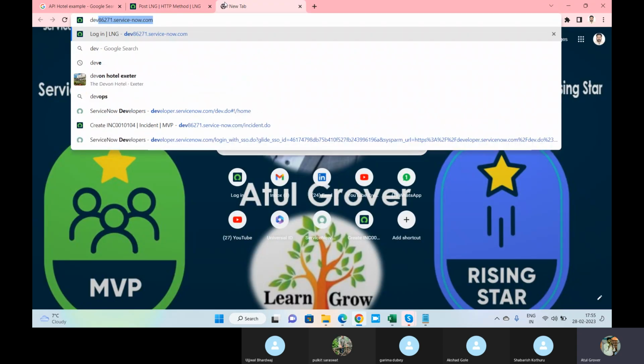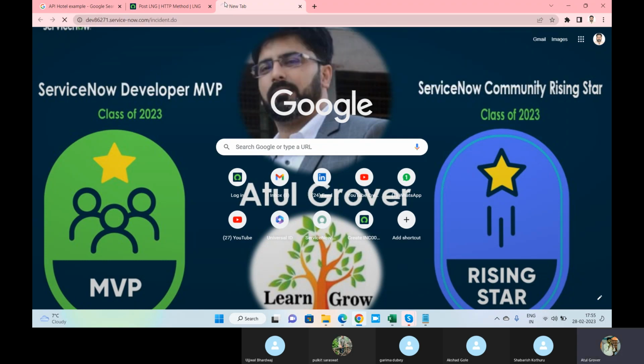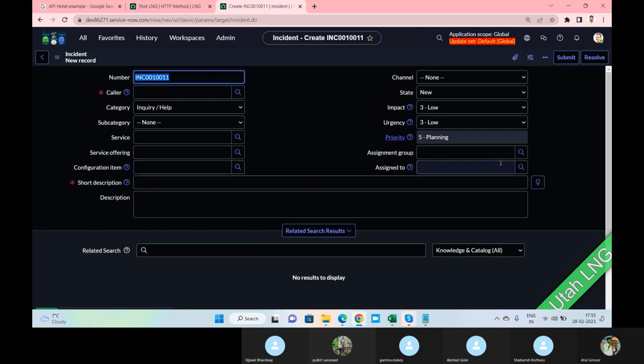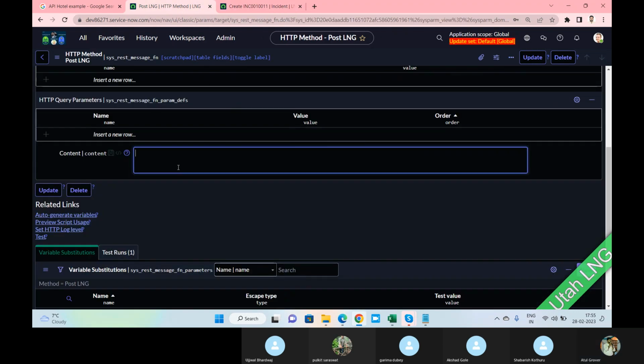Let me open my other instance, and go to the incident. Now let's say I want the short description. So what is the syntax for this? You have to write it like this and put double quotes, and in the double quotes put the field name.